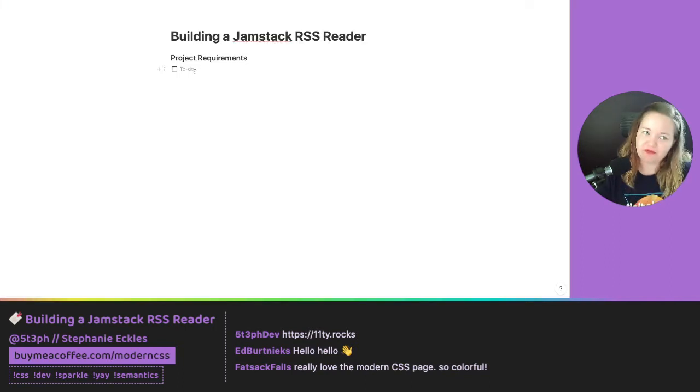When you think of something like an RSS reader, what does that mean to you? Maybe we should talk about what that means. And then what would be must-have features for you? Again, thinking of this as your own personal thing, you could